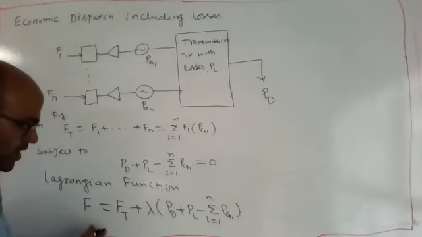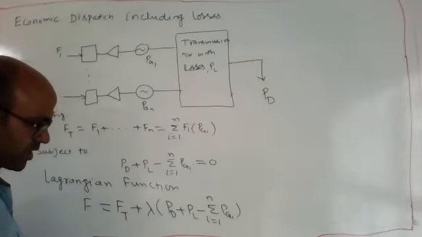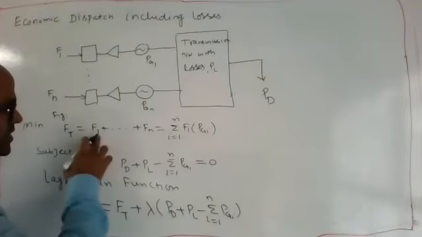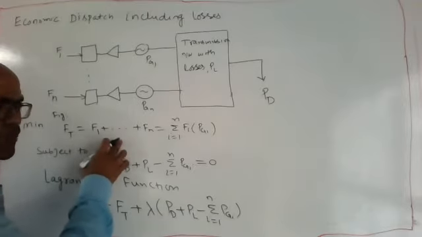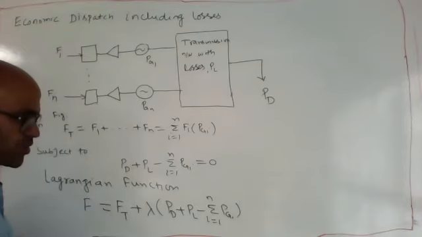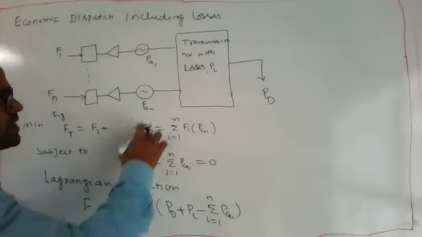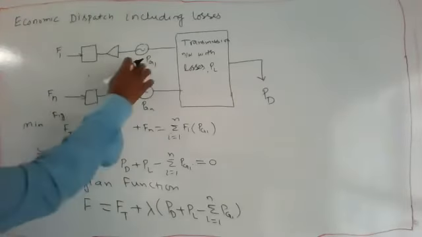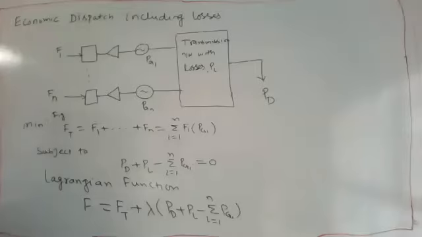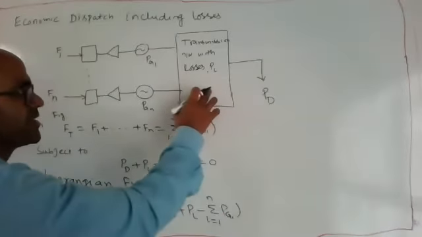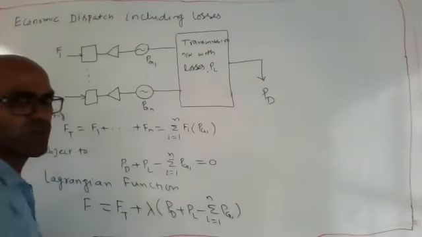Simply see how many variables there are. Ft is also a function of Pgi. You can see from here, F1 is a function of Pg1, F2 a function of Pg2, Fn a function of Pgn. So there are n Pgi. The only thing changing here is Pg. If we change F, then the generated power will change. Demand is constant and will not change, and we are assuming transmission loss is also constant.